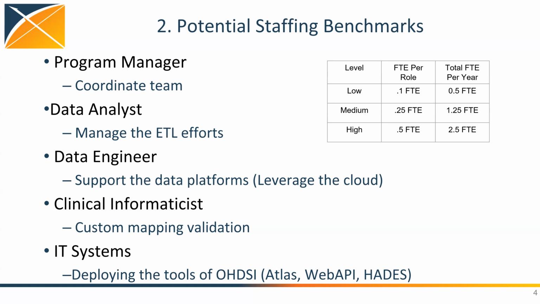Everything in OMOP is a concept that's generally tied to standards. And so this is something where it's really important to have an informaticist that can infer from understanding the source data. Much of Epic data doesn't have a lot of data provenance of what the data means, how it's collected, and really how it can be tied to a standard. And so this is the role of an informaticist to help with that mapping and validation,